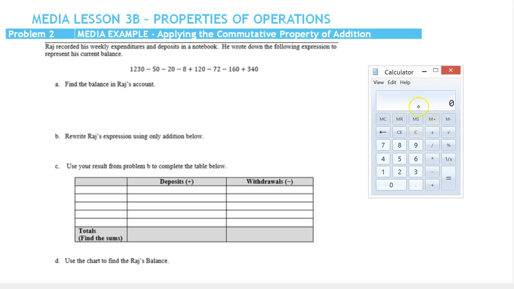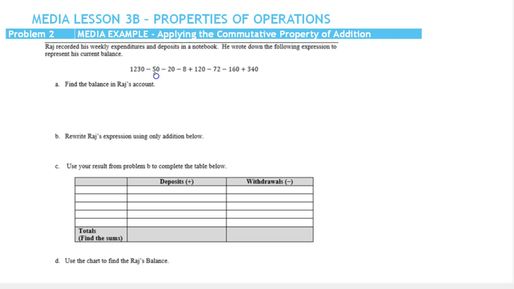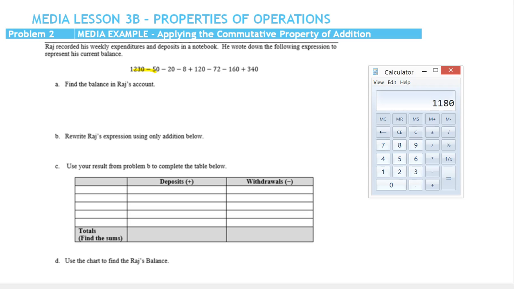So I have a calculator here, and we're just going to punch in these operations and do them one at a time. So 1230 minus 50 equals 1180. Then, so we've done this. Let's get a highlighter ready. Now we want to subtract 20, minus 20, enter, minus 8, enter,